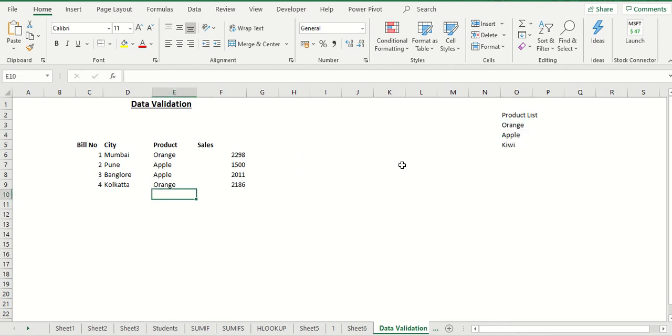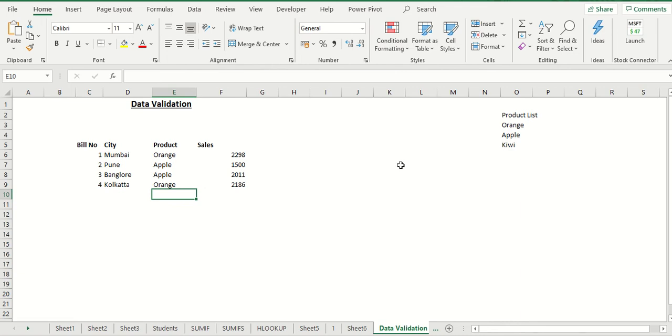You don't want any other product to be input by mistake. So to create a list which will restrict a person to input data in your format, you can use the data validation tool to remove that error